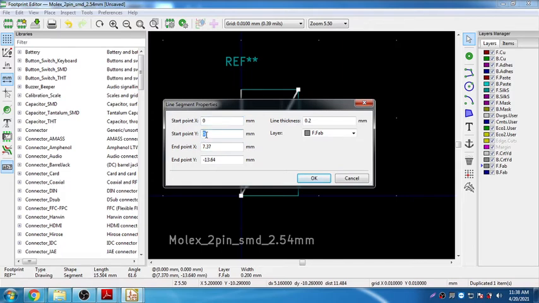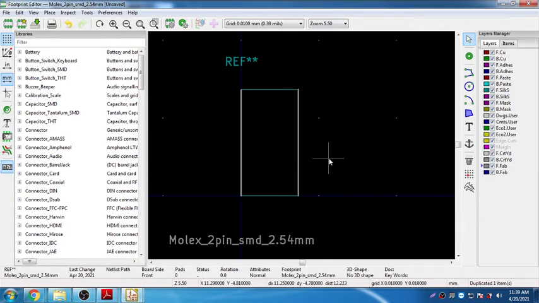Starting point of the X is 7.37. So this is the fabrication outline, and the other layer that I have actually here, the front silk. The front silk layer is here, which we have actually made.